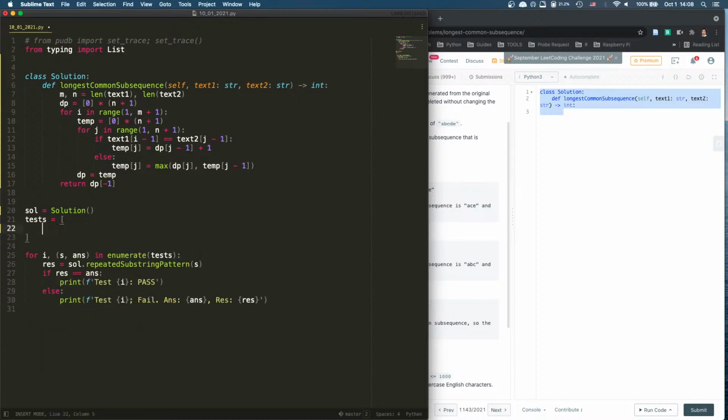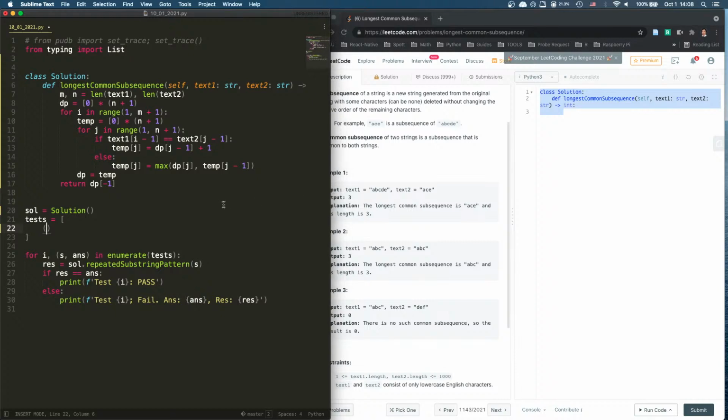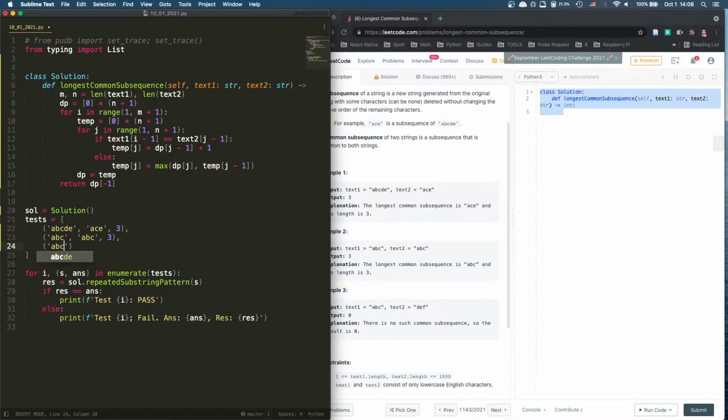All right. Okay, so we'll run a couple of test cases. The first one I have is A, B, C, D, E and A, C, E, that should be 3. Next one is A, B, C and A, B, C, that should be 3. Next one is A, B, C and D, F, that's 0. Okay, and then we have text 1, text 2,